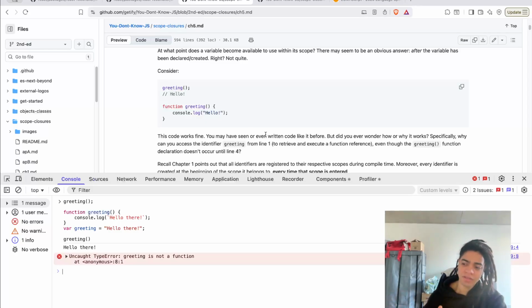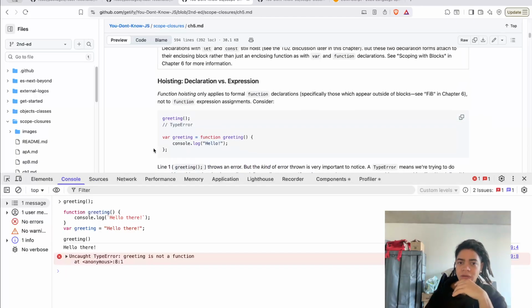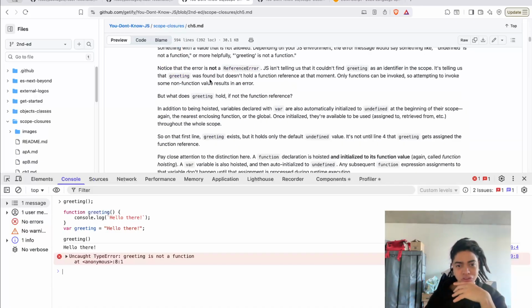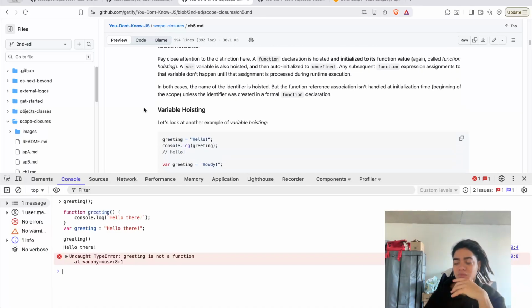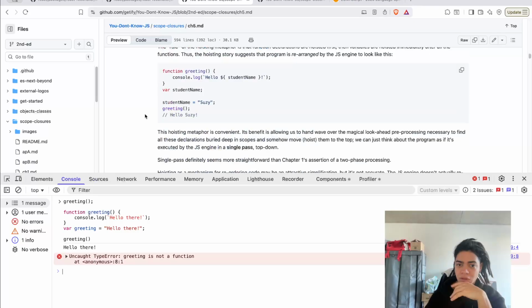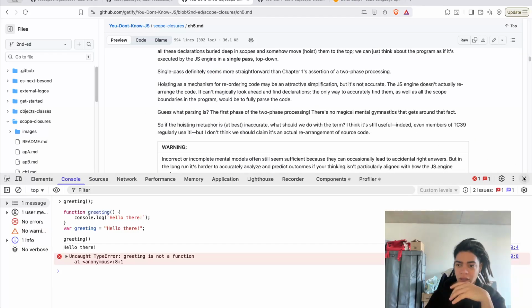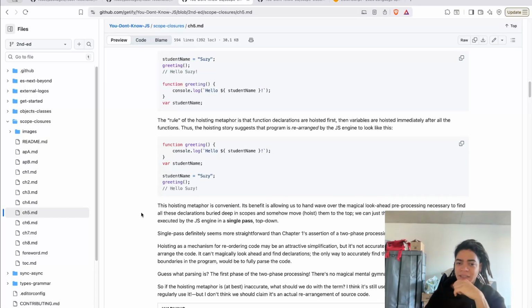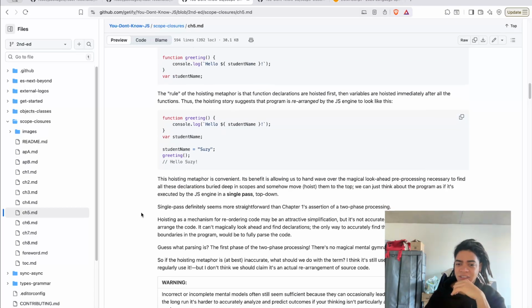So speaking of what happens to these redeclarations of variables, function expressions are not hoisted. Understand the difference between declarations and function expressions. Function expressions are anything that produces a value. And here he is describing this single pass, but it is not as it is.